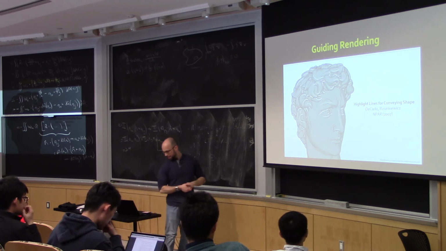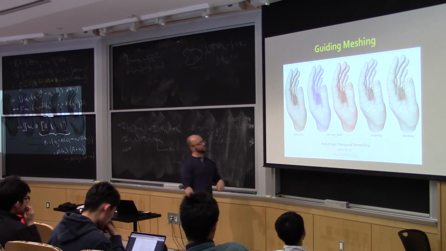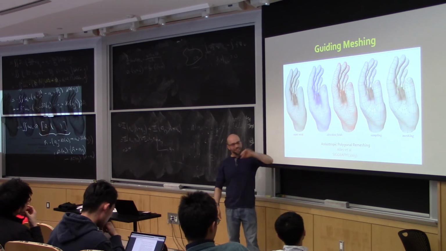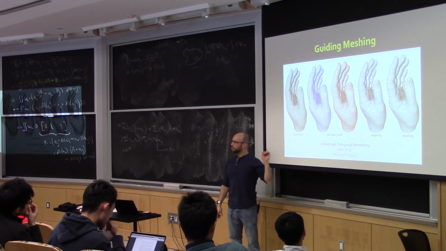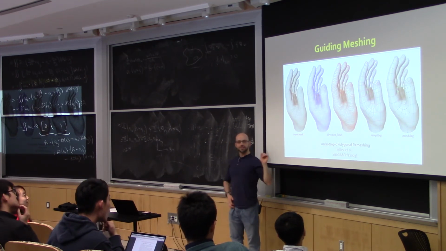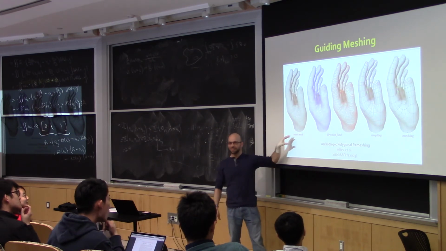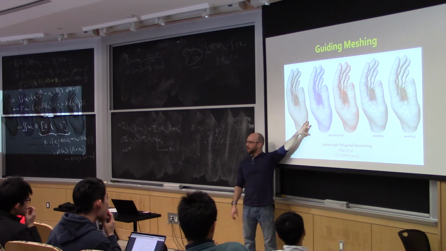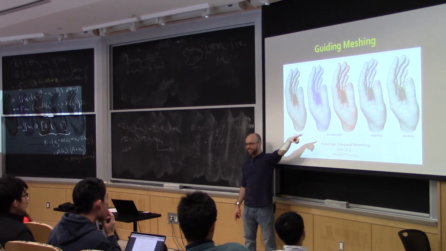Another one that actually continues to be a pretty modern theme, including one in my own research group, is to guide meshing. This is one of these chicken and egg problems, which for some reason usually perturbs physicists when I talk about it in their department. We have a mesh, which is this hand here, but oftentimes you want a different mesh, like this quad mesh on the right-hand side, right?